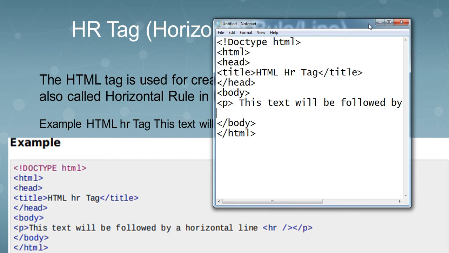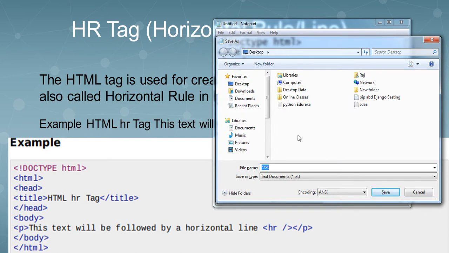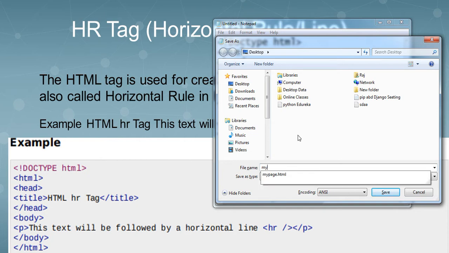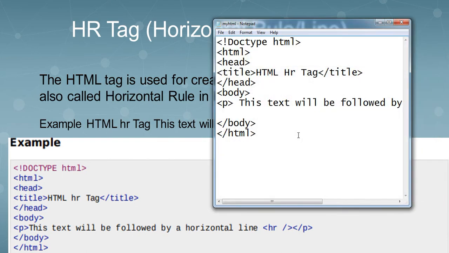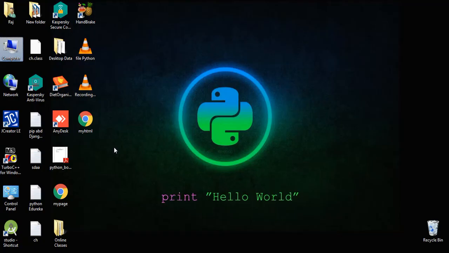Now I am going to save it. Within the desktop I will save it, my HTML file name is myhtml, then the extension is .html. Now we need to look at the output.